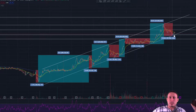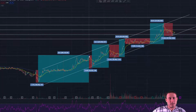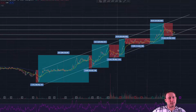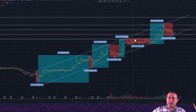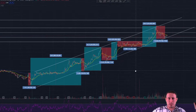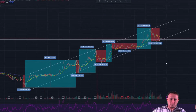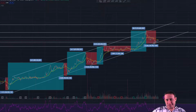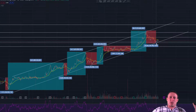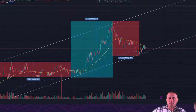Okay, so this is the daily chart. And you can see from peak to trough, we had a 58% sell-off and then a big move up, and a 59% sell-off and a big move up, and a 59% sell-off and a big move up. And then you had a 32% sell-off, but this really wasn't so much of a sell-off as it was a consolidation period sideways, building momentum and energy for the next big move up here. And then, of course, how much did it sell off from there? 59%, 60%. So that's why this was such a clear buy zone. It was a no-brainer buy zone to pick up more here and add to your position,